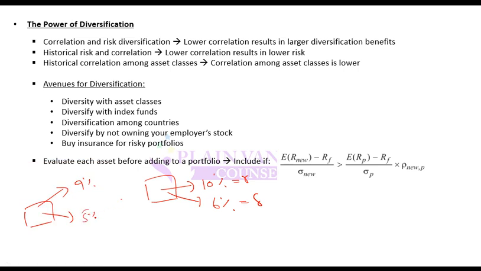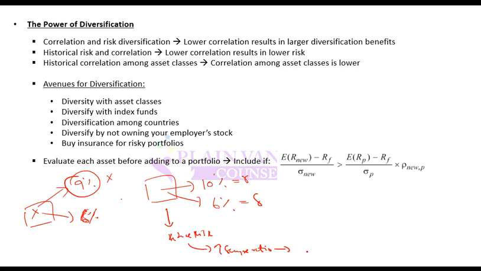Or let's say it gives you 9% return and 5% risk or 6% risk. Now the question is, should you add this portfolio or not? So this is the new stock X. You look at its return and find that it is giving you a lower return compared to the portfolio return, which would mean that you should not add it. And the risk is also the same. But by adding it, maybe it has negative correlation with other securities, and due to that negative correlation, maybe it is able to reduce risk. And by reducing risk, maybe it is able to give you a higher Sharpe ratio.